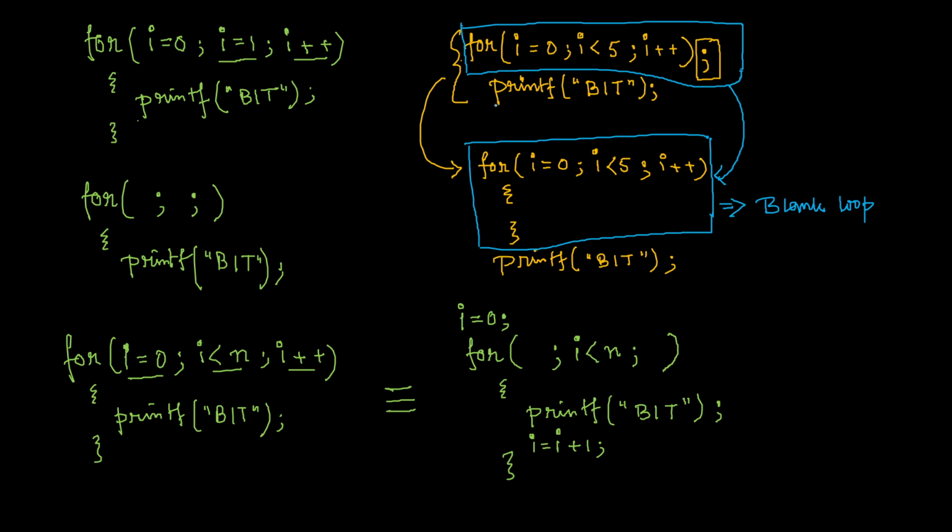And the statement present exactly after the for loop will be considered as an independent statement in this situation. Independent statement means the statement is not under the for loop. That means if we don't have this semicolon, the bit will be printed 5 times, but you cannot say that if you have a semicolon over here, because the bit statement is not even under the for loop. It is an independent statement. That means in this program, if we have a semicolon after the for loop, then this bit will be printed only once.